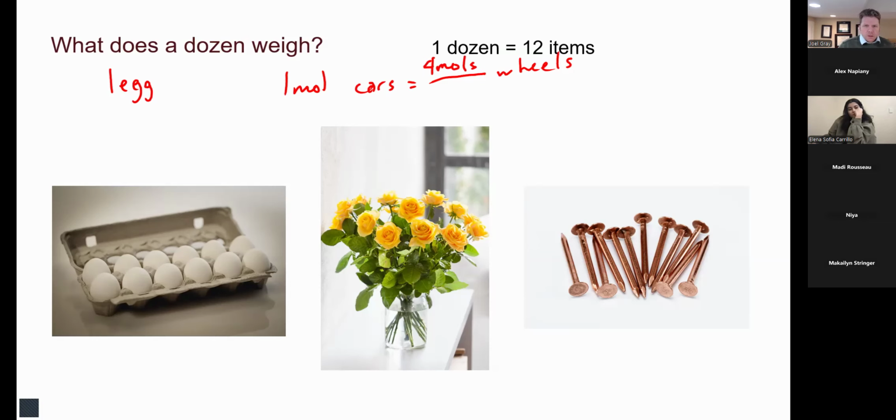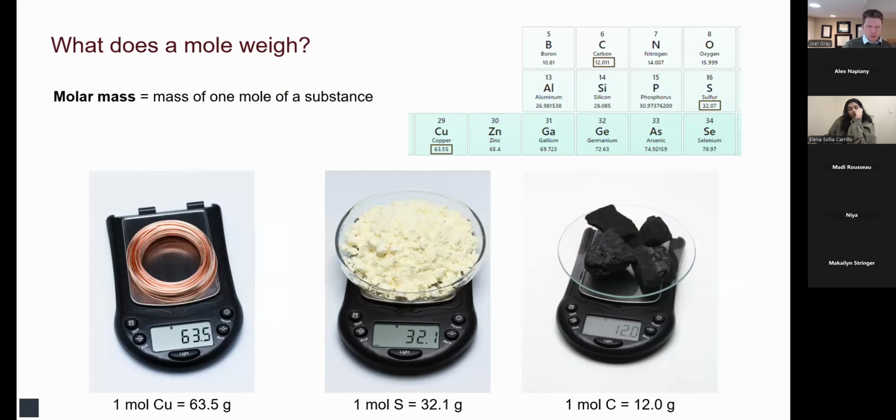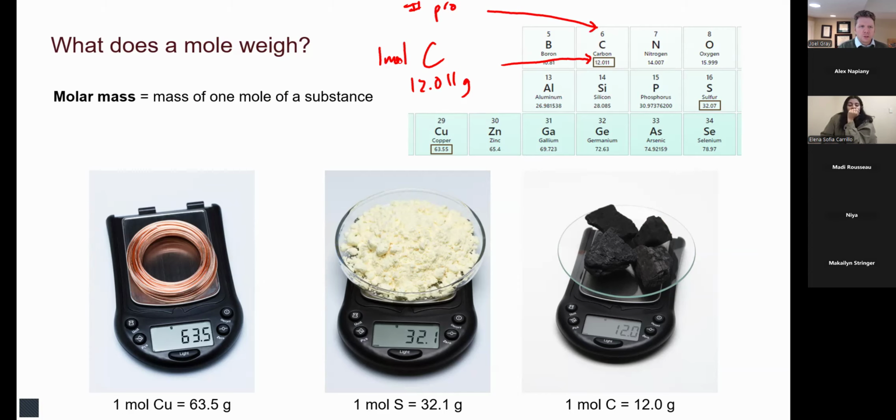All right. So the last thing that I'm going to talk about with respect to the review stuff, and we'll get into more review as it comes up, but I just wanted to spend a little bit of time generally reviewing, is when you look on the periodic table, you're going to see a couple of different numbers. One is the atomic weight of something. 1 mole of carbon has a mass of 12.011 grams. This whole number 6 is going to be the number of protons, which is equal to or the same as the atomic number.